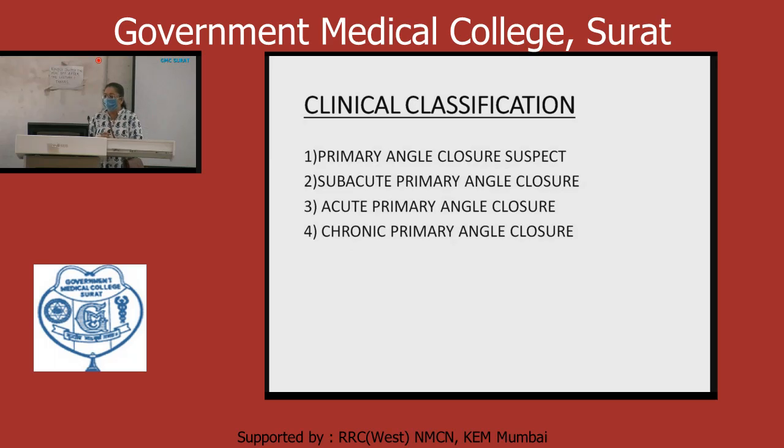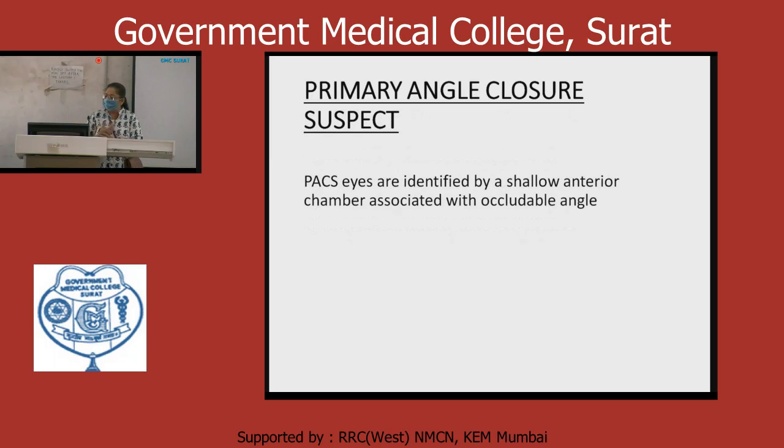Now what are the signs at this time? Next slide. The patient has symptoms and signs. The patient will have severe pain. Many sensitive patients will also have vomiting, pain and vomiting, and dimness of vision. These three are the main symptoms. So the patient comes to us with severe pain. We examine this patient. Where are the signs and symptoms?